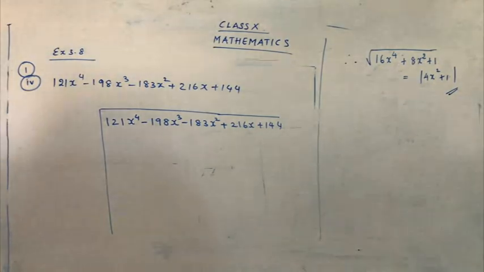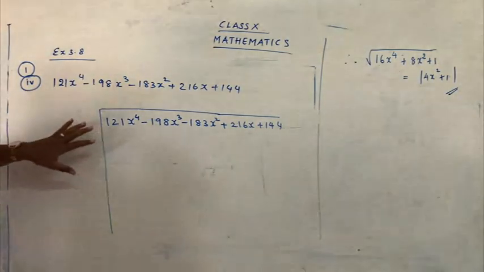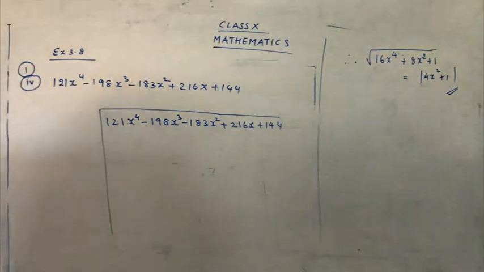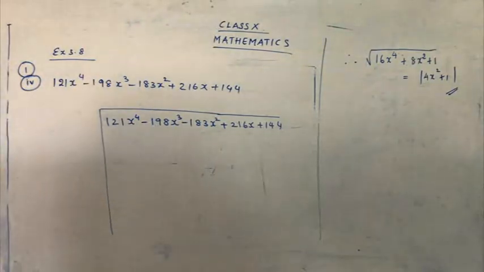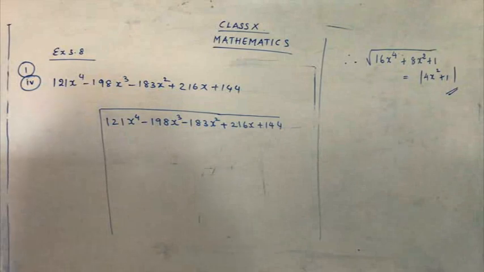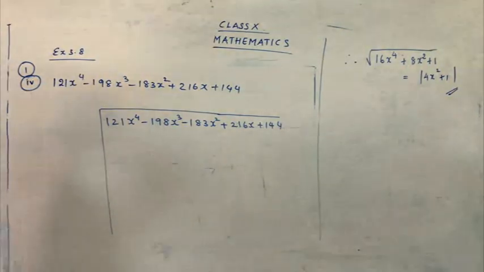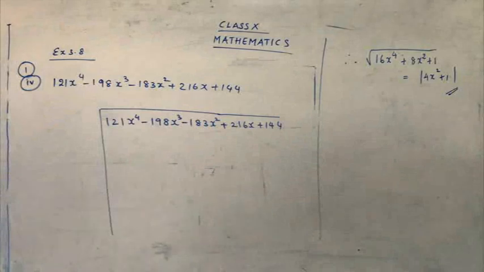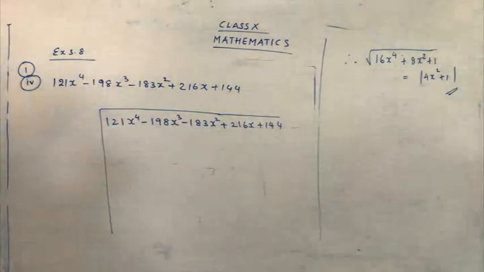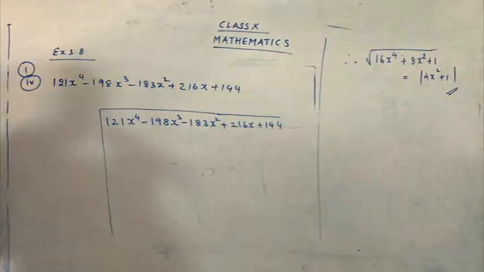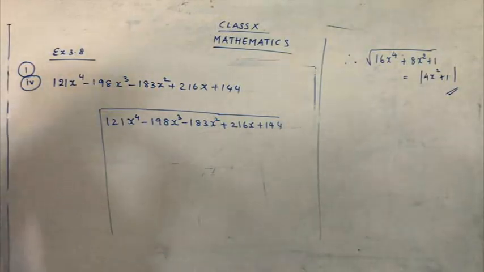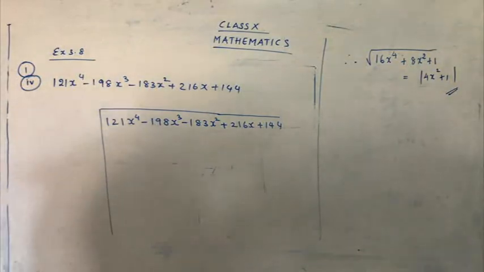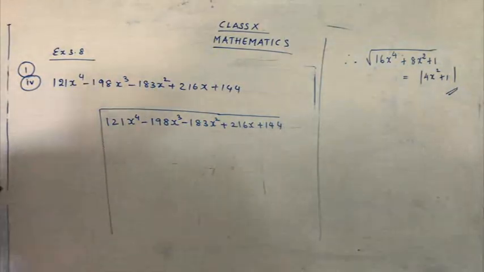So before we go, just have a glance. At least you people have to study the squares of numbers till 30. So let's have at least from 20 to 30. 20 is not enough, we can say, but as soon as you see the number, you should be ready to give the square root of the number. So what's the number here? It's 121. Can you give me the square root of 121? You should not take time. It should be just in a second. What's the answer, children? It's 11. Yeah, and what's the square root of x raised to 4? It's x square. So let's start with the first part. So remember, everyone study the squares, okay?